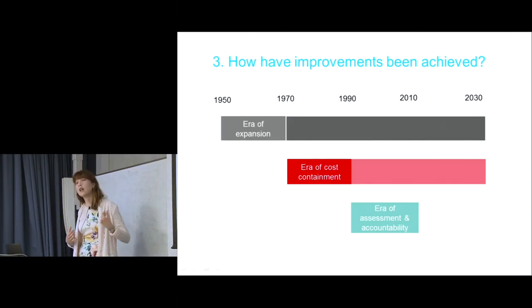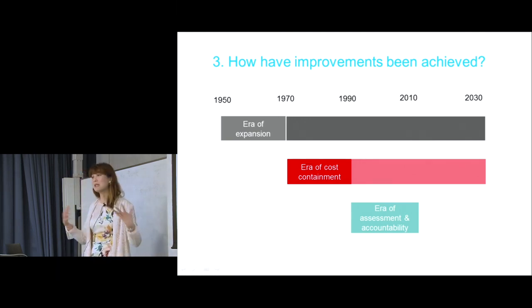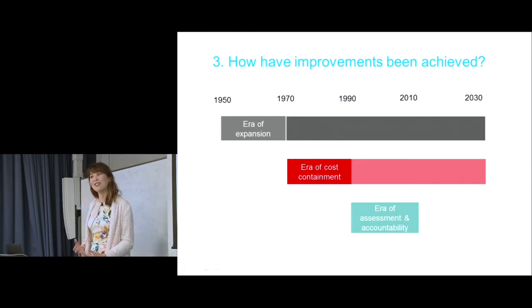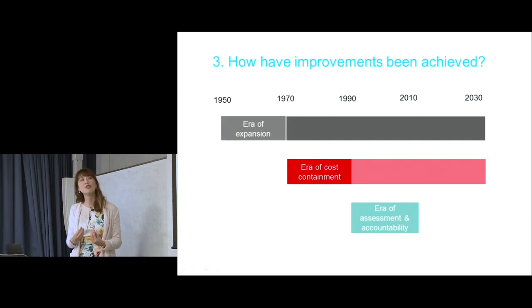He called it that, after the war, and from the 1950s onwards, there was an era of expansion of allopathic medicine where antibiotics were discovered. You can control infectious diseases. The sky was the limit, and there were so many new ways of treatment, and people thought, we've really cracked it. We can cure all these diseases and eliminate ill health. And so this was the era of expansion where there were lots of new discoveries, lots of new cures.